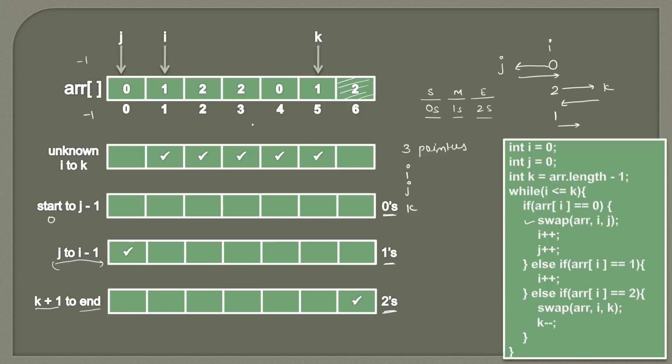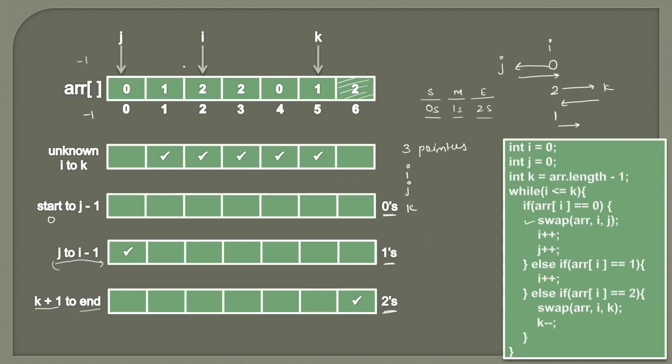Then what we will do? We will increment I and j both. So why are we incrementing I? Because here we saw that whenever we encounter I as 1, we simply move ahead. And if you see this range, 1 is always one step behind the I. So the range is from j to I-1. So whenever I points to 1, it will simply move ahead. So this is the range, that 1 is one index behind the I. So we will do I++ and j++.